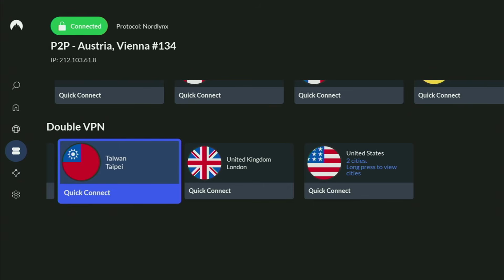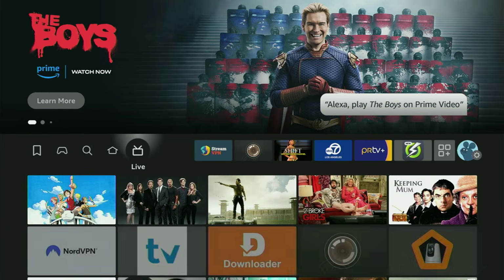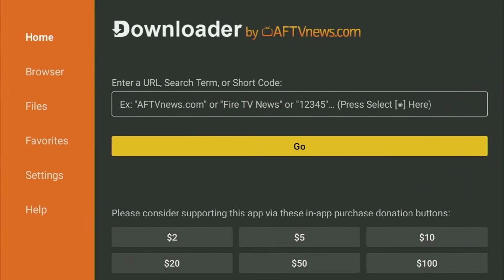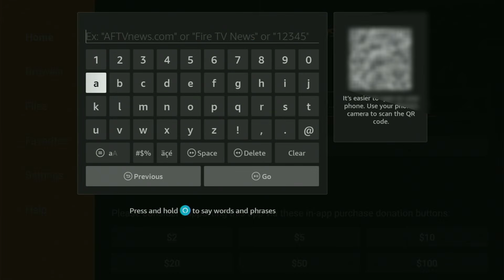And now, finally, let's use Downloader safely. So now we return back to the list of apps on the Fire Stick, open it, and then head into Downloader on your device. So let's open up Downloader, and when it loads, you'll see the home screen of Downloader app with a search bar in the middle. So let's open that search bar, and then this virtual keyboard will appear on the screen. You can use it to either enter links and visit pretty much any website on your Fire Stick, or enter codes to download apps. Today we'll be entering a code as we are getting the best spicy app to your Fire Stick device. The code for that app is going to be